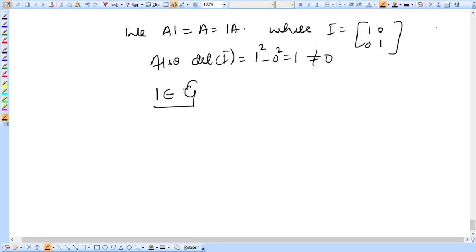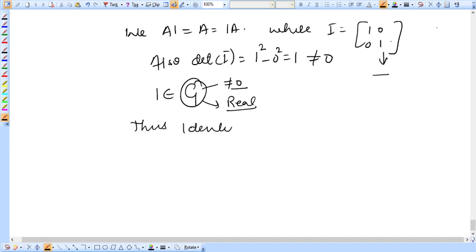G, because G contains all those matrices whose determinant is not equal to 0 and whose entries are real numbers, right? So see here, I's entries are real numbers and also determinant of this is not equal to 0, therefore I belongs to G. Thus identity exists. Right, now let us look at the inverse